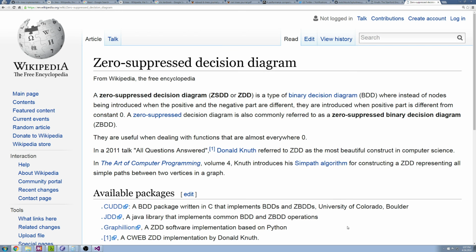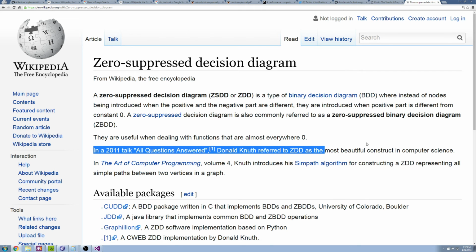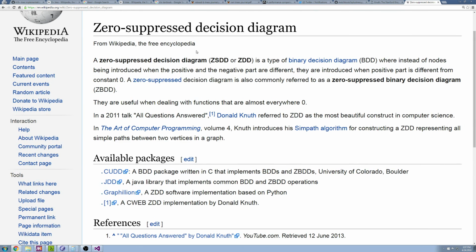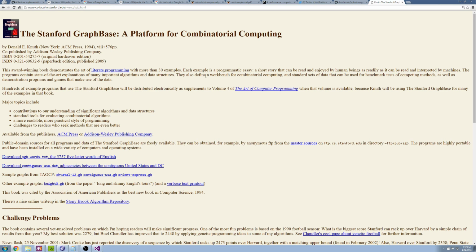But yeah, you should check out volume 4, I guess volume 4A, about BDDs and ZDDs, which are a really cool data structure for doing certain kinds of counting problems of combinatorial nature that are worst case exponential time, the way you'd expect for a lot of these problems based on their complexity class, but that are often much faster for natural problems. But anyway, for that and other work, he created the Stanford GraphBase, which is a bunch of programs for generating